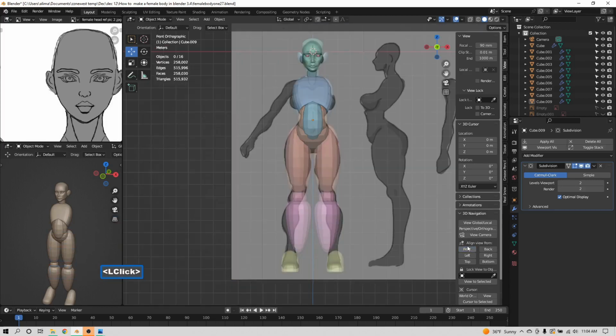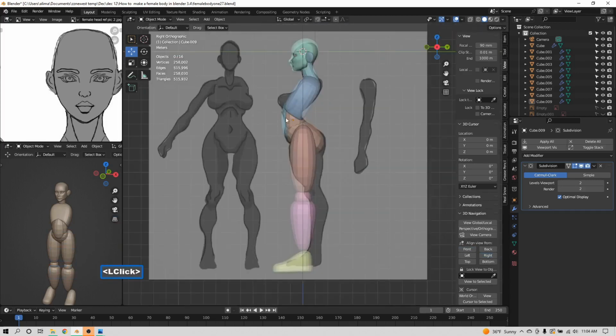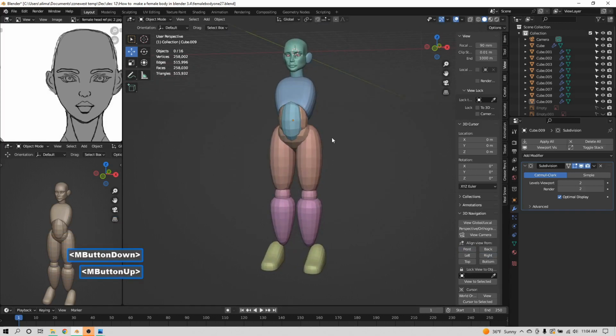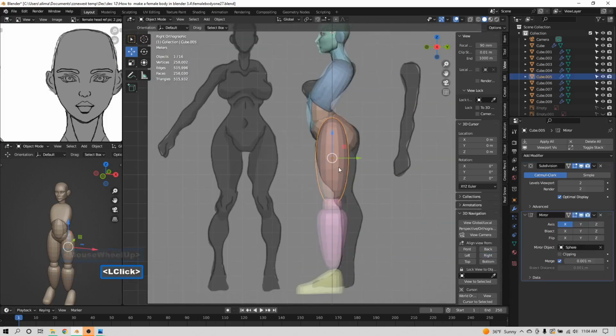Here we're going to go to front, go to right view. That's basically right here. This is like abdominal muscles. Pretty easy way to kind of shape them to get them there. We're going to go to our right view. With this here, we're